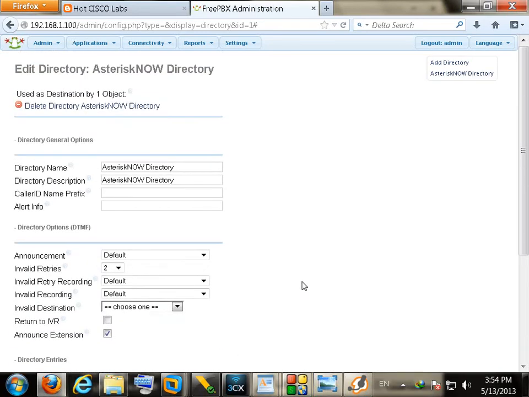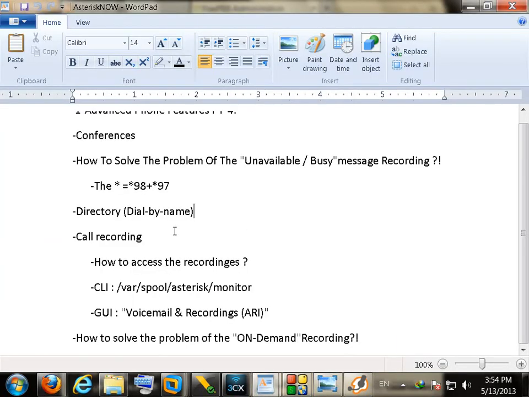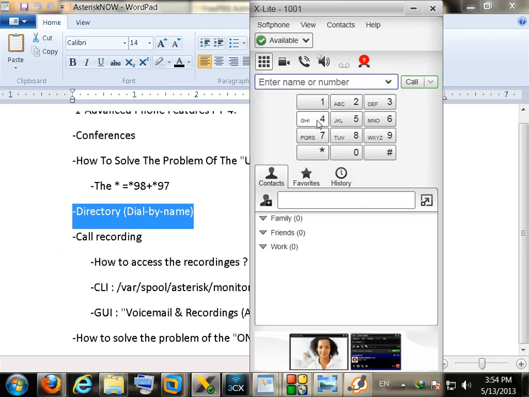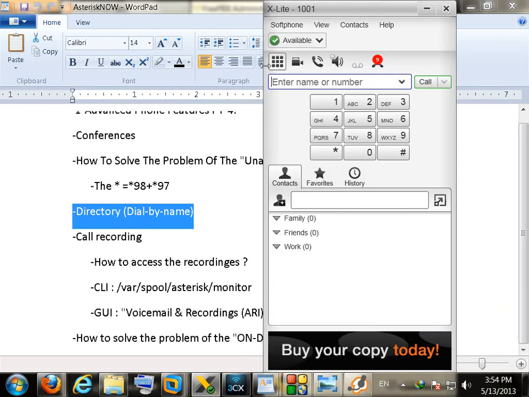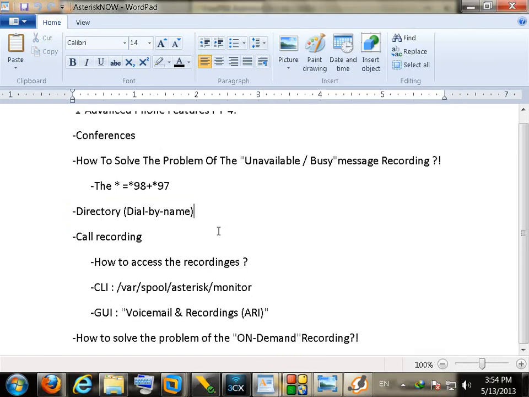configure your directory. Again, as a revision, the directory will help you to dial users by name instead of numbers. The internal users can use the directory by dialing the feature code, which is by default 411, and simply they can search for any contact they want to dial by name instead of number. And the external callers also can use the directory, but you should configure this as an IVR destination in the IVR configuration. And also you should tell the external callers about their ability to use the directory in the IVR